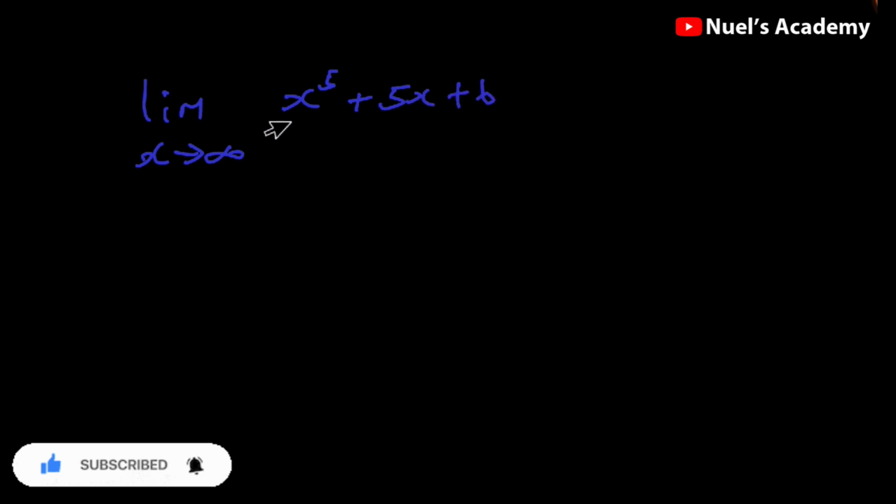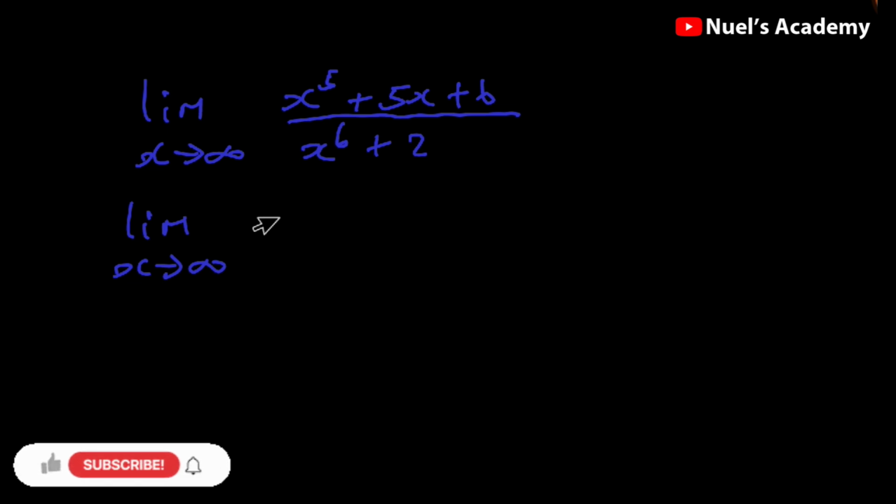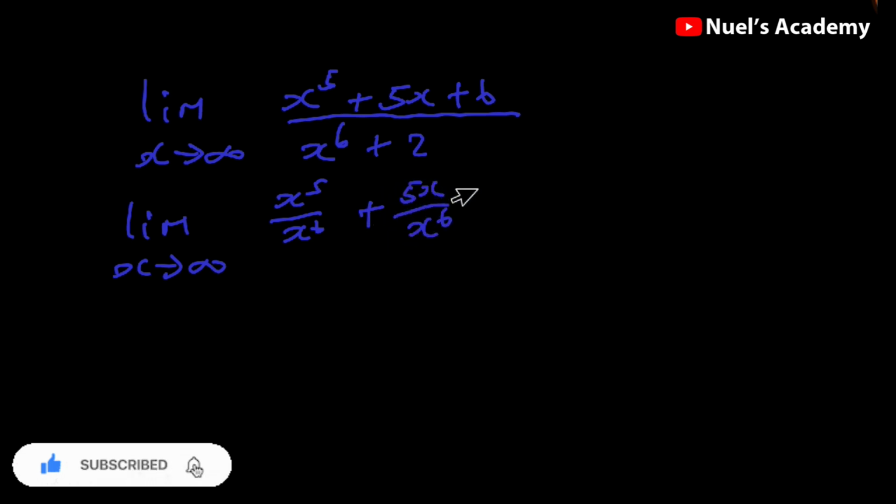Let's evaluate this limit as x approaches infinity. Then we're going to be considering x raised to the power 5 plus 5x plus 6 over x raised to the power 6 plus 2. So we have limit as x approaches infinity. We're going to be dividing by x raised to the power 6 because it has the highest exponent. So we have x raised to the power 5 over x raised to the power 6, then plus 5x over x raised to the power 6 plus 6 over x raised to the power 6, over